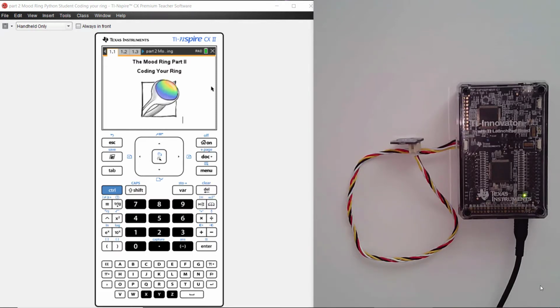Prior to this, in all of our challenges, we've been doing output, either output to the color LED on the hub or output of a message to the TI Nspire CX2's display. So today in our challenge we're going to be learning how to construct a temperature object. Then we're going to learn how to use the measurement method to read the temperature from that object. And then lastly, we're going to take that temperature measurement and assemble it into a string that we can display on the calculator with an appropriate prompt, the actual measurement value, and the units of the temperature